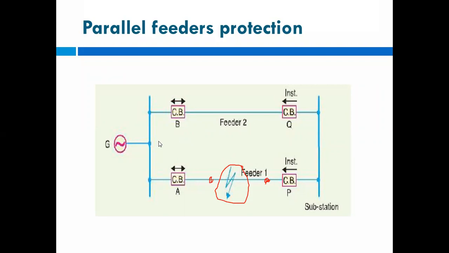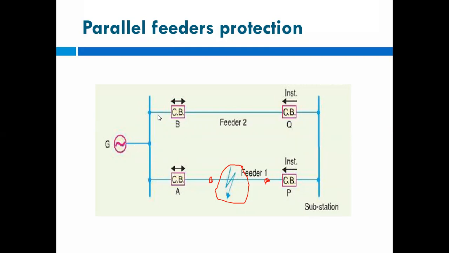So I'm asking you, if this is a faulty section which is disconnected, but I want to give supply to the remaining part of this distribution system which is provided by this feeder, then by which path can I provide the supply here? From the generating station, how will the current flow or how will the supply be given?